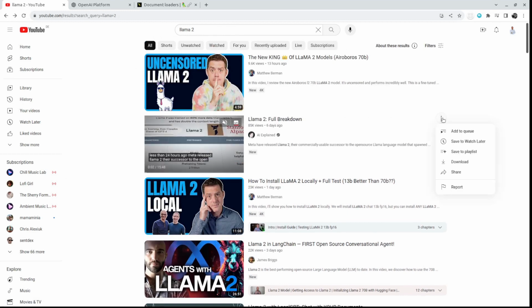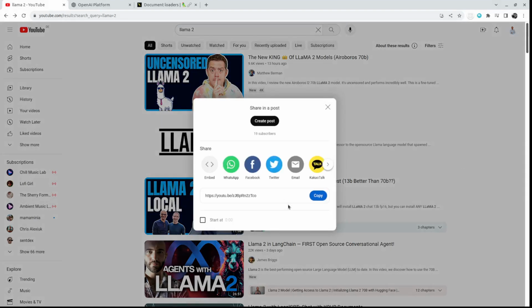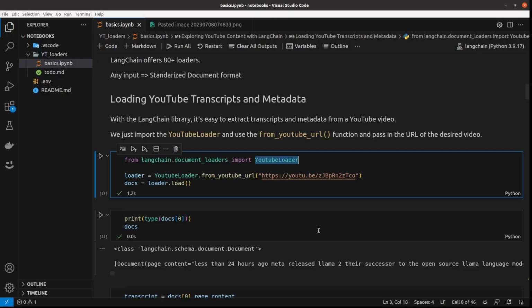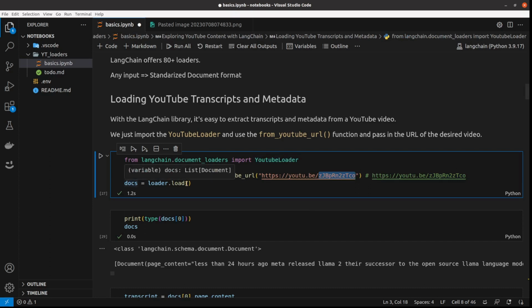So if I go here and click share and then click copy, let me just confirm this is the same URL. And then having this URL, we just call this, and then we've got the loader, which is already standardized, and on the loader we call the load function,